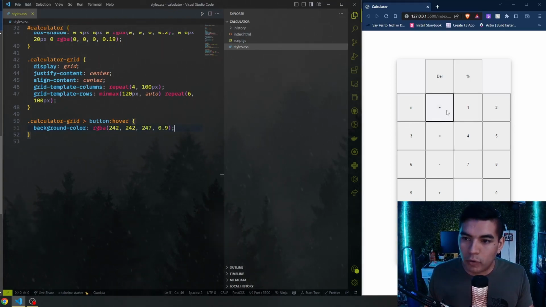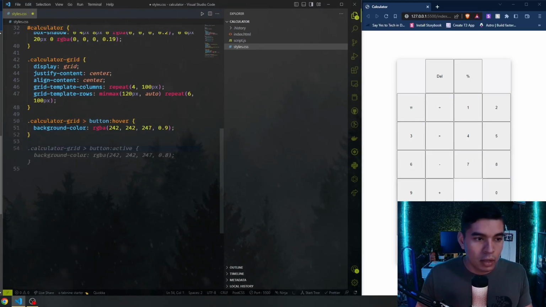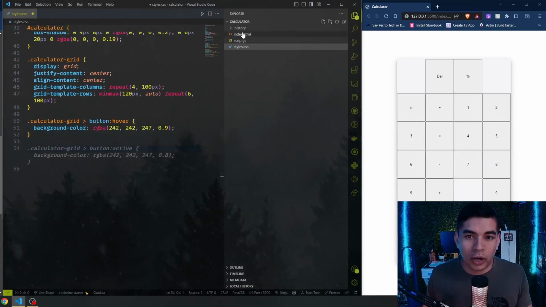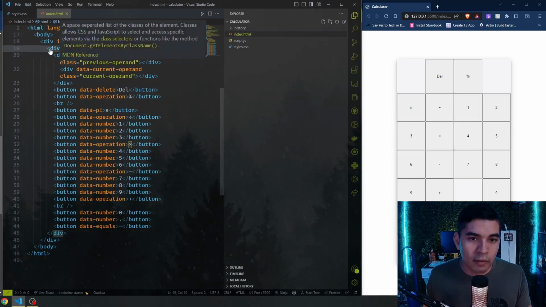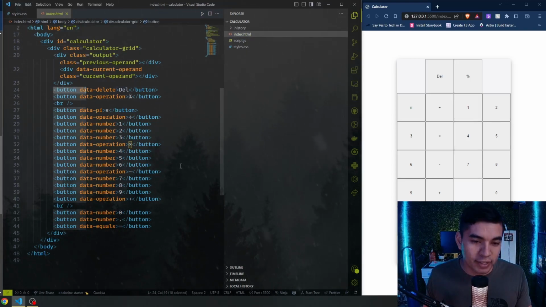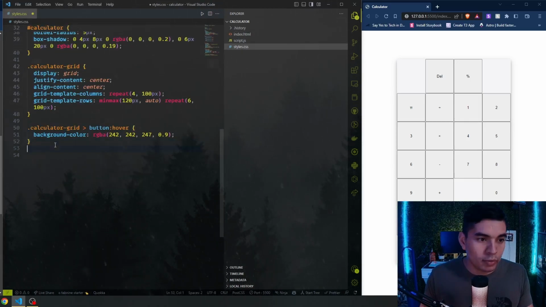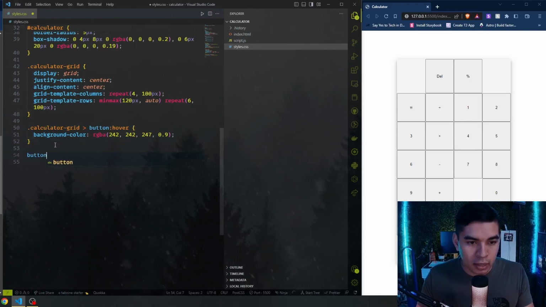You can see once we hover over them, how it actually makes it stand out quite a bit, right? So now the buttons actually have a nicer look to them when you hover over that. And so now we can go over to our HTML. So now that we have our calculator grid, we can then begin working on the actual buttons themselves individually, right? So to do that, to call those buttons, we have to bring up the button, and we say nth child